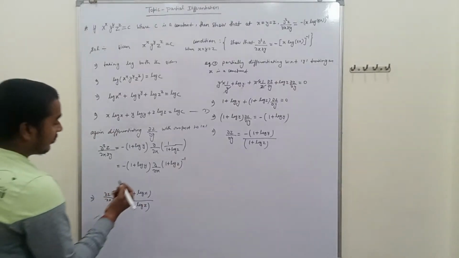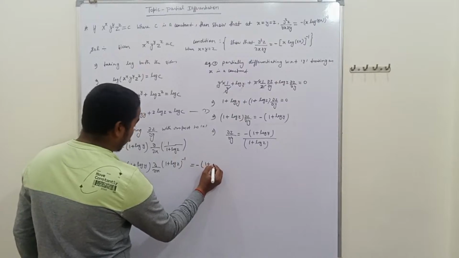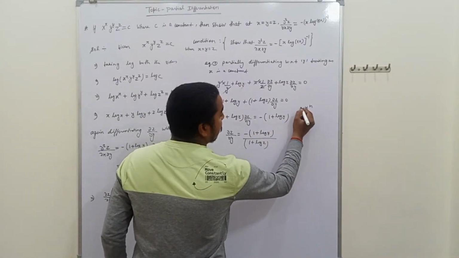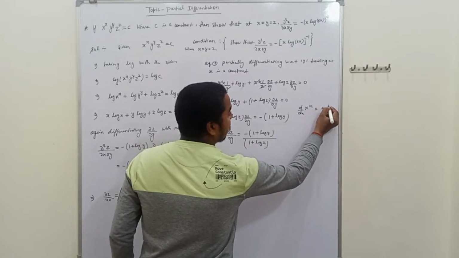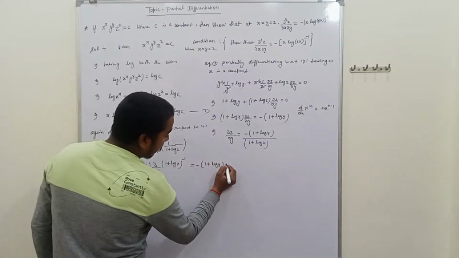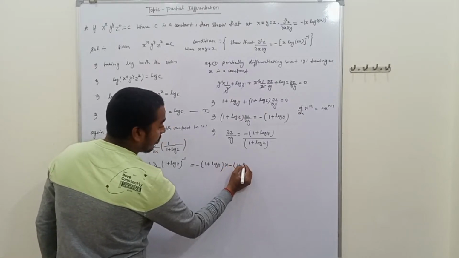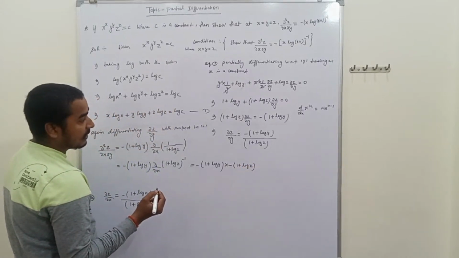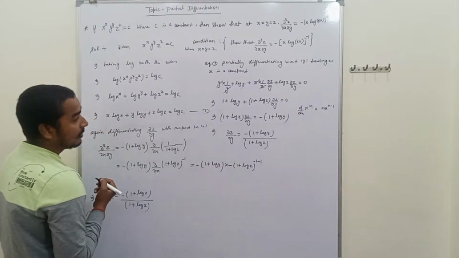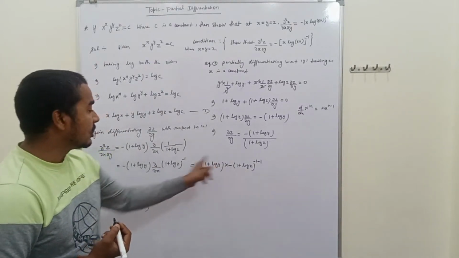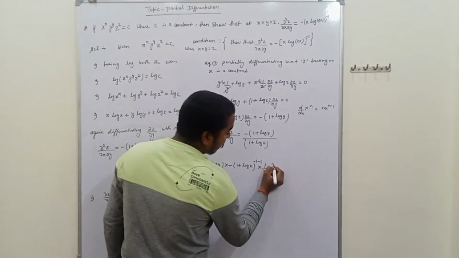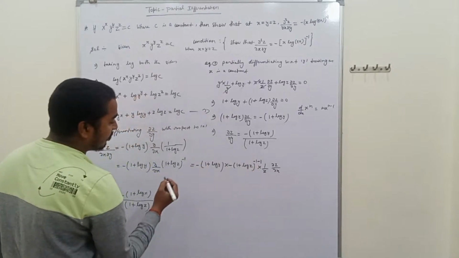We have to differentiate, that is we can also write minus of 1 plus log y, and using the formula d/dx of x to the power n is n x to the power n minus 1, again here minus is already present and we take minus back, that is minus of 1 plus log z to the power minus 1, into minus of 1, and again differentiating log z with respect to x, that is 1 upon z, and z is the function of x, so we put del z upon del x. Further we have to arrange,